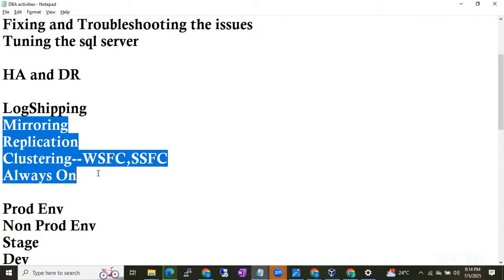One question. Log shipping, mirroring, replication, clustering and Always On, are they all used in a single task? No. For one application, I'll use log shipping. For another application, I'll use Always On, and for another application, I'll use replication. It doesn't mean that because five options are there,